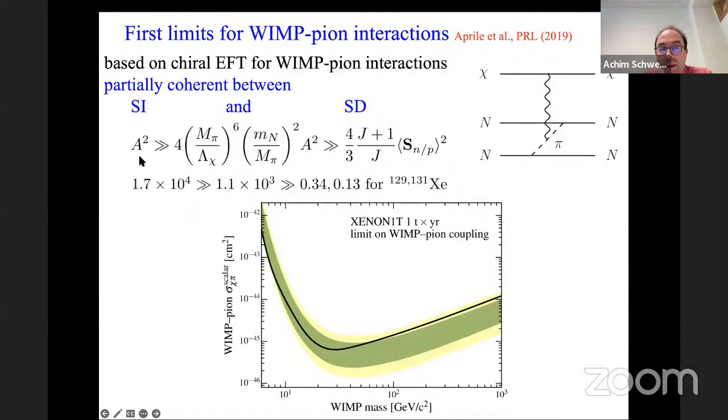Then the next coherent A squared response is this pion WIMP-pion channel. And basically there are some kinematic suppressions, 1 to 2 orders of magnitude down, and it's still much more coherent than the spin-dependent interactions, which are order 1 responses. Okay, and in fact, with xenon, we implemented our response function for WIMP couplings to pion to provide